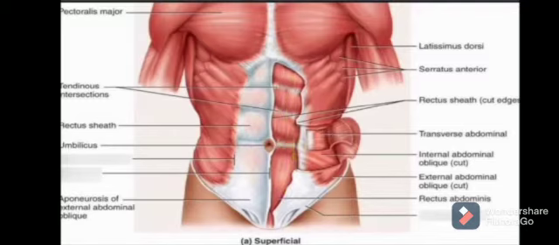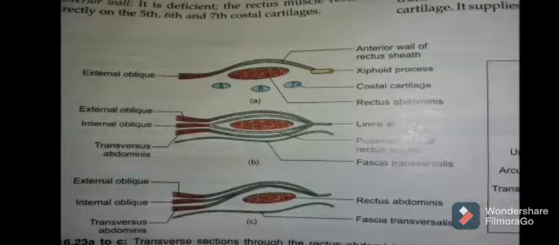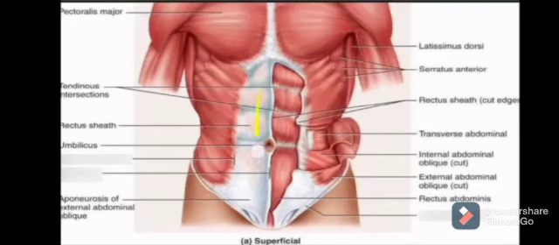So basically the aponeuroses of these three muscles unite to form a sheath which covers the rectus abdominis muscle anteriorly as well as posteriorly in some part, and this sheath is called the rectus sheath. It is a very important question for your prof. It comes in written, so understand it well. I'll repeat: the aponeurosis of the three muscles, external oblique, internal oblique, and transversus abdominis. You can see in this part, this is the aponeurosis, and it forms a sheath which covers the rectus abdominis muscle anteriorly as well as in some part posteriorly.